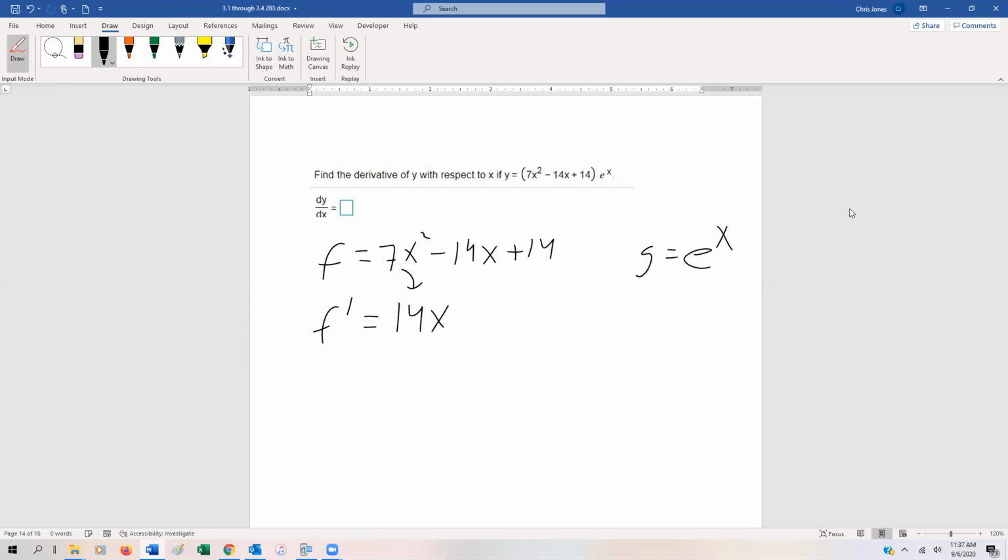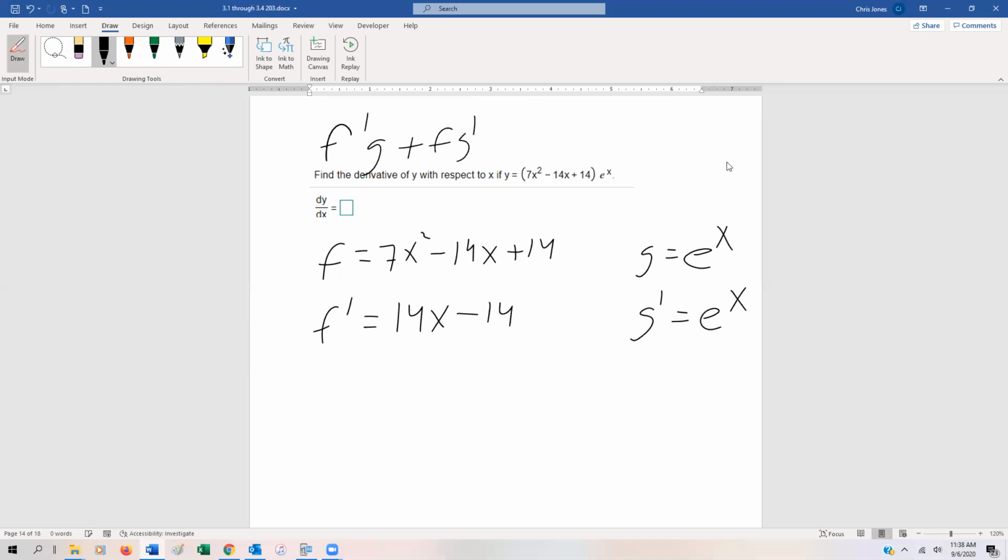14x. So remember what you do is you just multiply the 7 and the 2 and then subtract 1. The derivative of negative 14x is negative 14. And then because 14 is a constant, it doesn't have a derivative value, so its derivative is 0. And we know the derivative of e to the x is e to the x. Nice and easy. Now we're going to use our formula for the product rule, f prime g plus f g